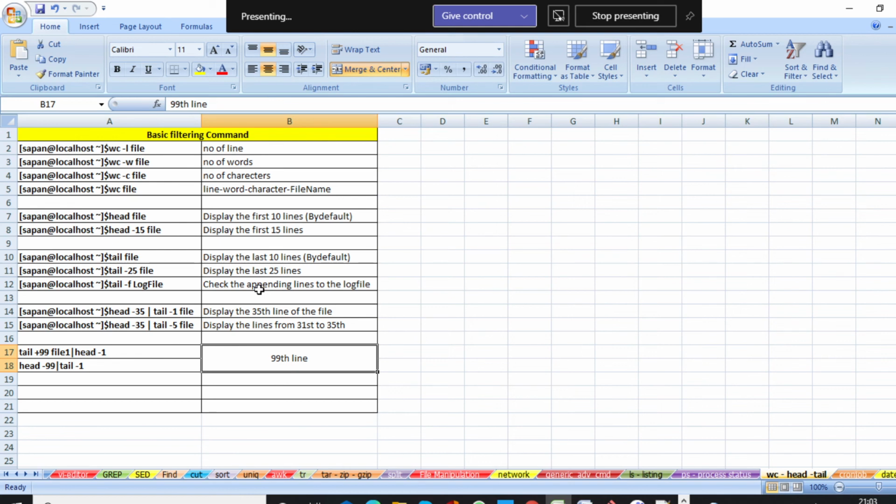If you are using wc -l, it gives the number of lines, wc -w the number of words, wc -c the characters. The important thing to remember with wc file name: the first one is the line, second is the word, third is the character, and fourth is the file name.